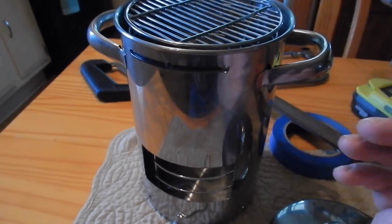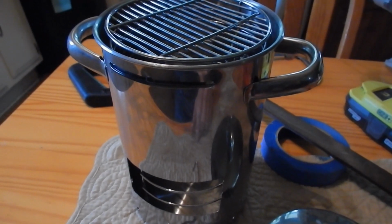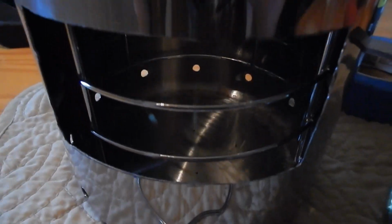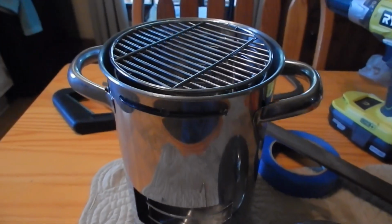I don't like asparagus. I don't eat it. I don't care for it. So I bought this purposely to make a stove out of it because I was never going to use it for what it was intended for, but it makes a really cool stove to feed wood pieces in there, get it going with fat wood and put some wood in there, and then I can have a nice flame to cook on or